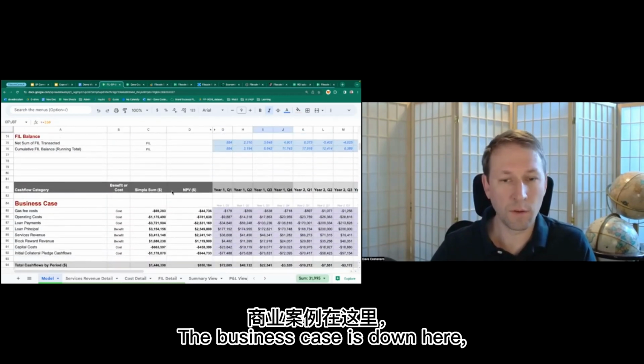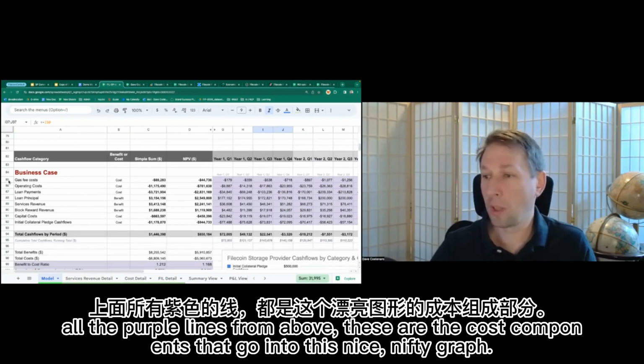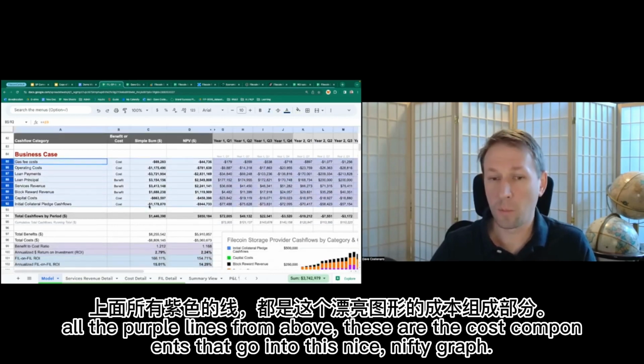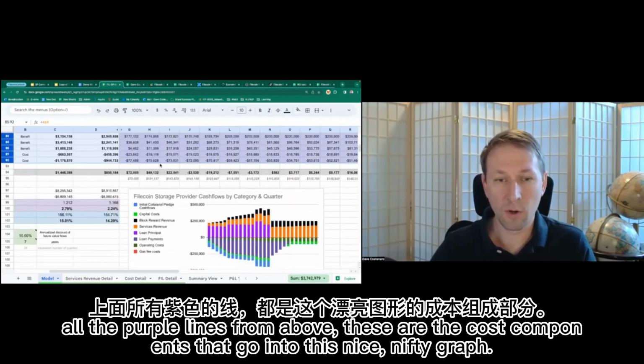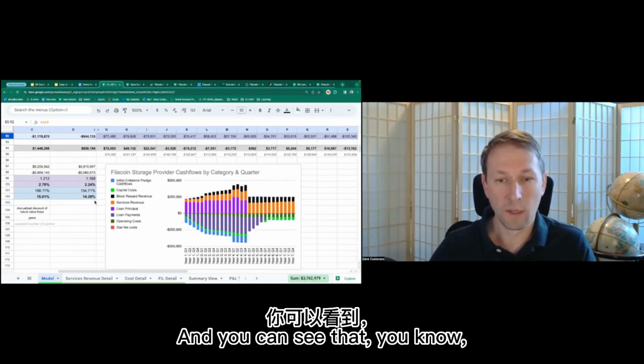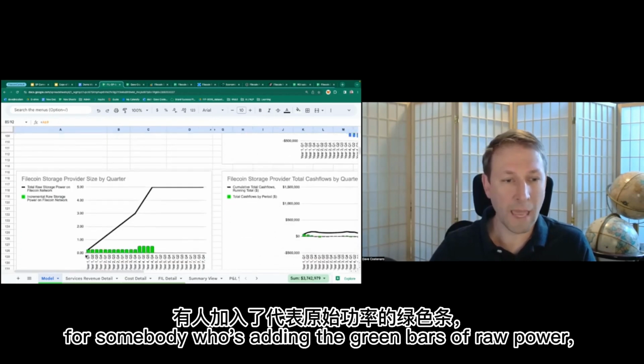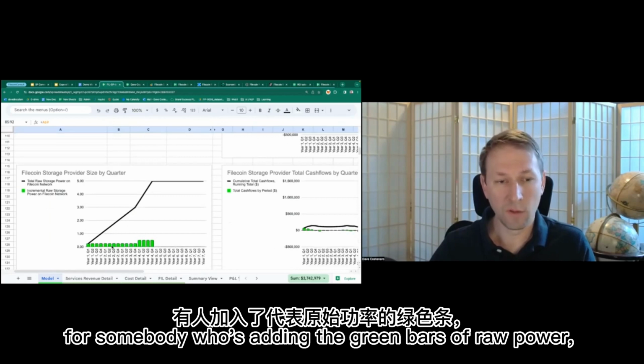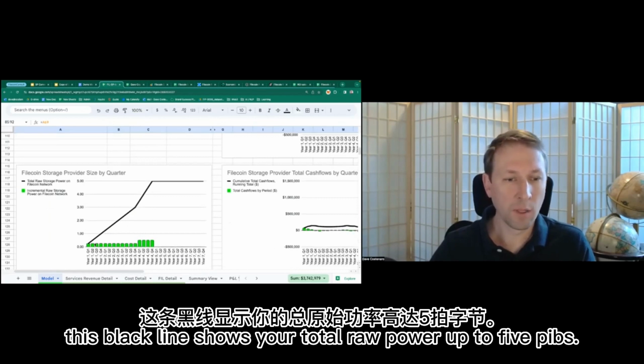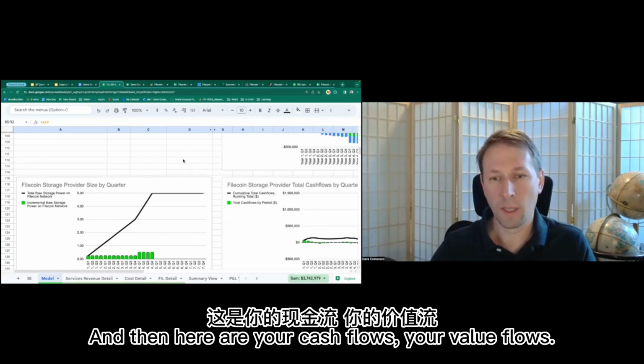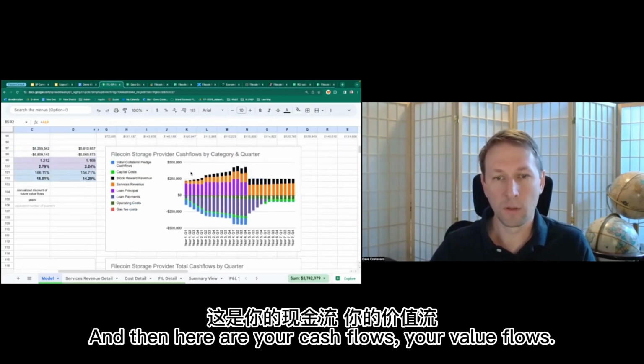The business case is down here. All the purple lines from up above, these are the cost components that go into this nice nifty graph. And you can see that, for somebody who's adding the green bars of raw power, this black line shows your total raw power up to 5 PiBs. And then here are your cash flows, your value flows,